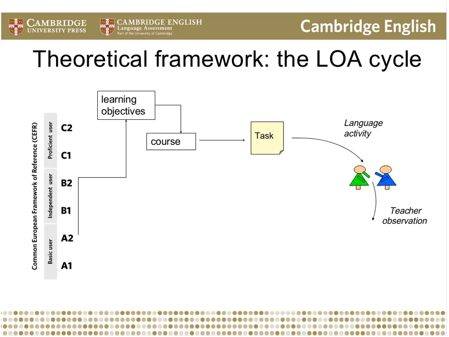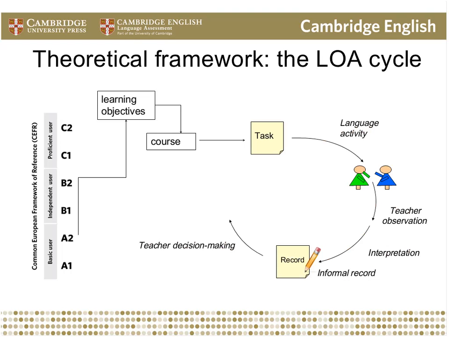The teacher observes and monitors the activity and the learner's performance, and those observations provide valuable evidence for further learning. So we need to capture them in an informal record of the learner's task performance and their achievements in the lesson. Then, based on these observations and informal records of performance, the teacher makes a decision about the next course